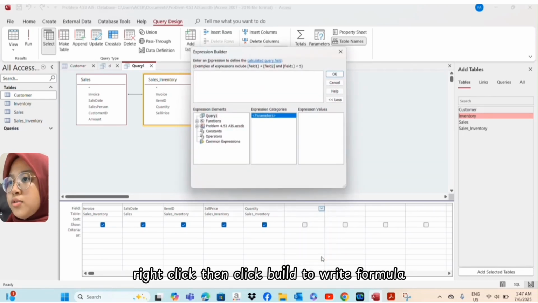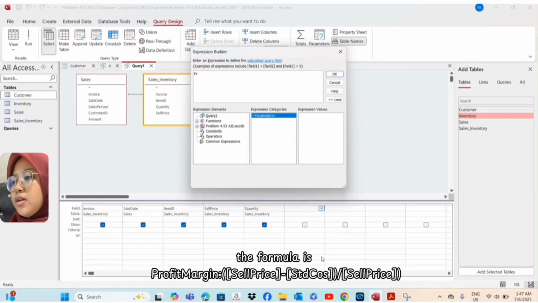and write the formula. Okay, the formula is profit margin, open bracket, sale price, close bracket, sale price, minus standard cost, open bracket, standard cost, standard cost, close bracket,